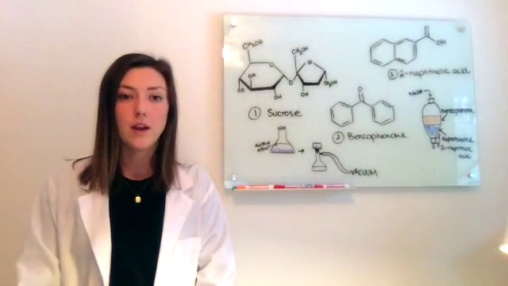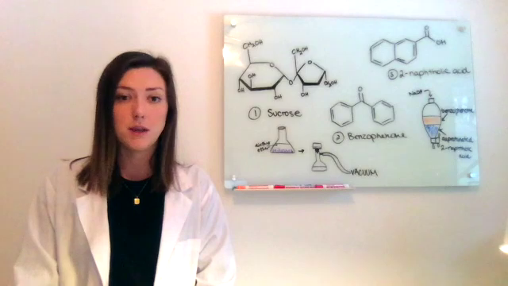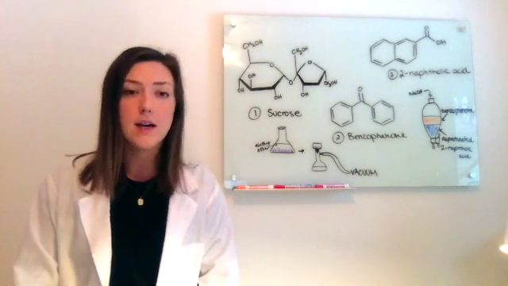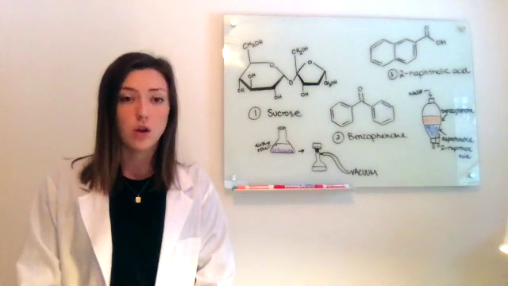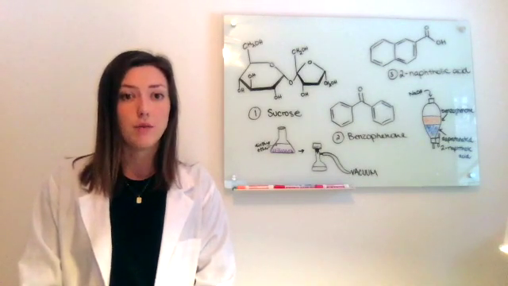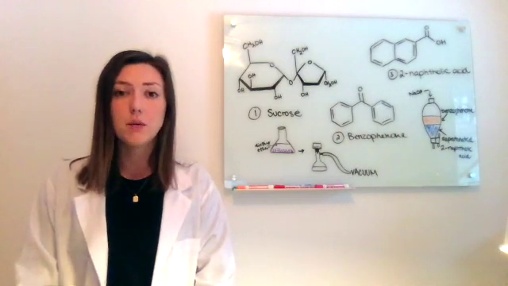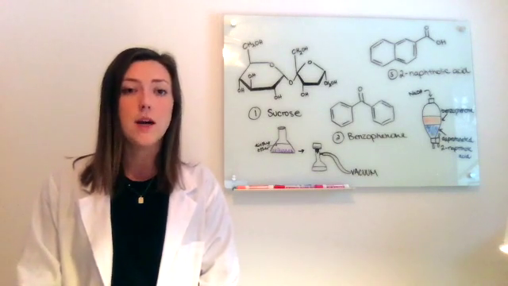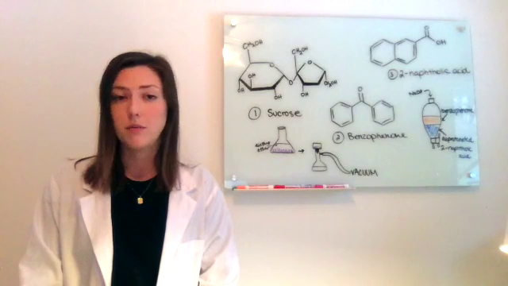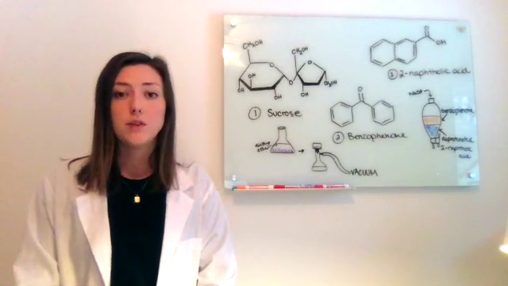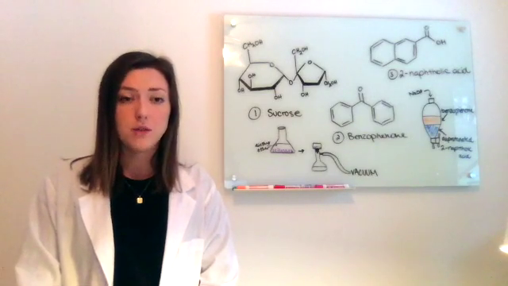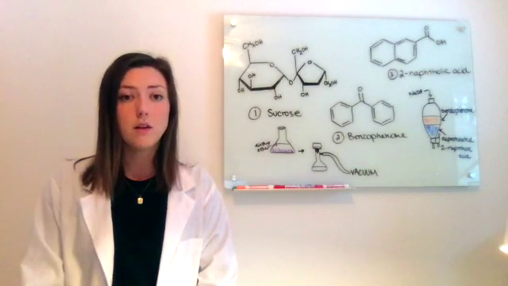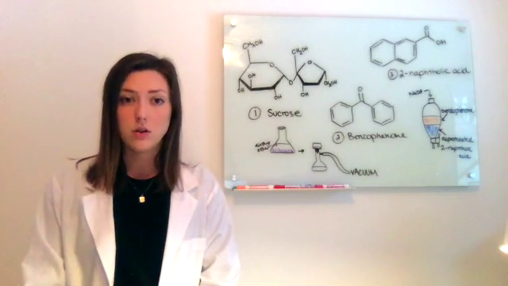Say you were given a 3-gram sample of a homogeneous mixture of sucrose, benzophenone, and 2-naphthoic acid in equal parts. If these are all really small solid particles, how would you go about separating them from each other? The first thing that I would do here would be to look up different solubilities of these molecules. Obviously from a reliable source, which can be found just online, I was able to find that both benzophenone and 2-naphthoic acid are very soluble in a solvent called diethyl ether,